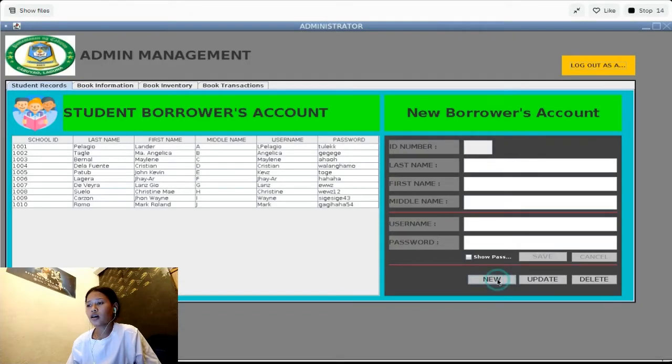So first, let's talk about the new button. The new button is where the admin can add a new account for the students, or what we call the borrowers of the books. For example, when the admin clicks or enters the new button, the admin will be